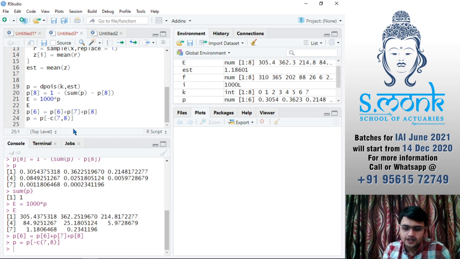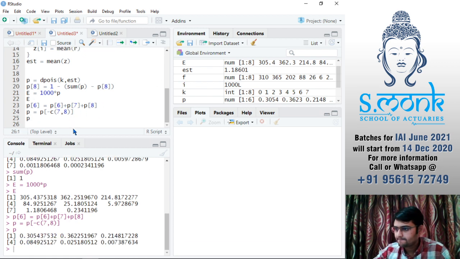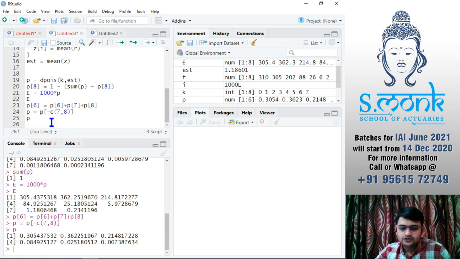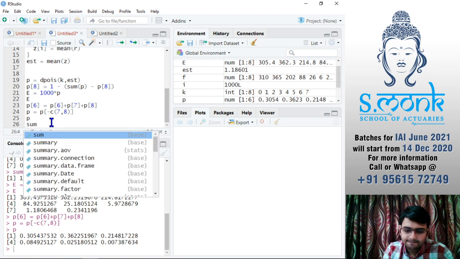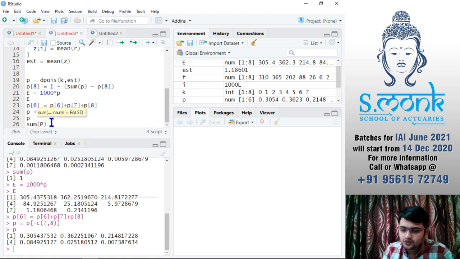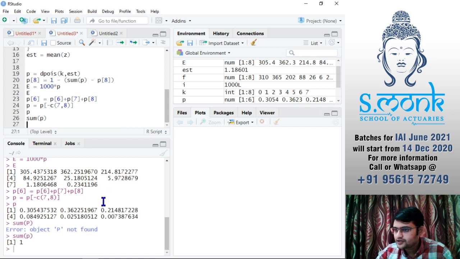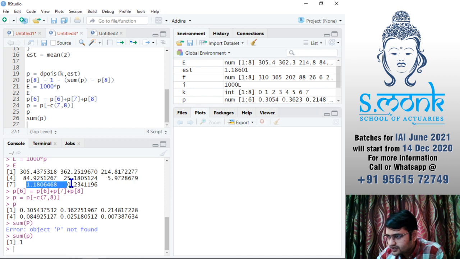You can check P now. You can see we have only 6 values now instead of 8. And you can check sum p. It should also be equal to 1. I have written capital P, it should be small p. And you can see we still have sum p equal to 1 because we have added. See, this was our 6th value, this was our 7th, and this was our 8th value. I have added all of these values to get this.